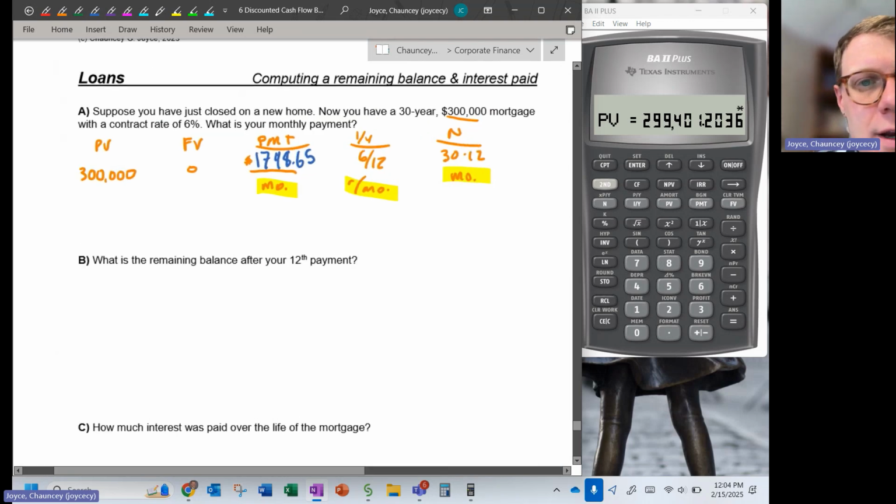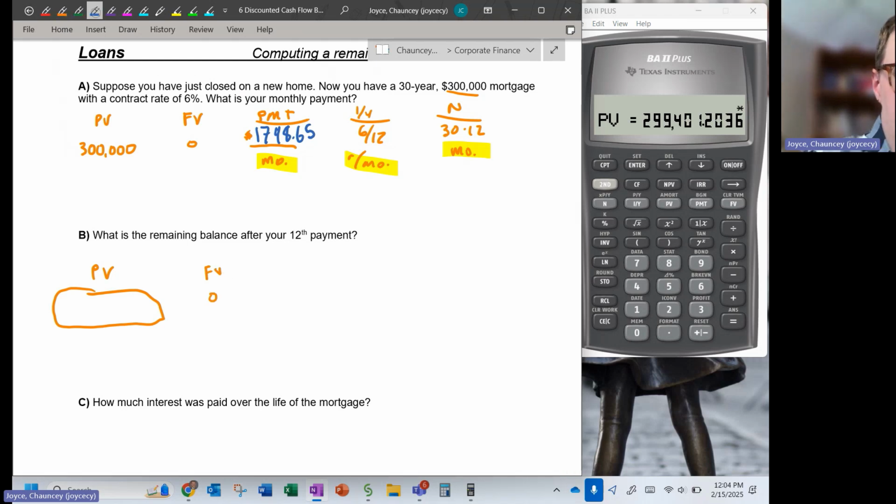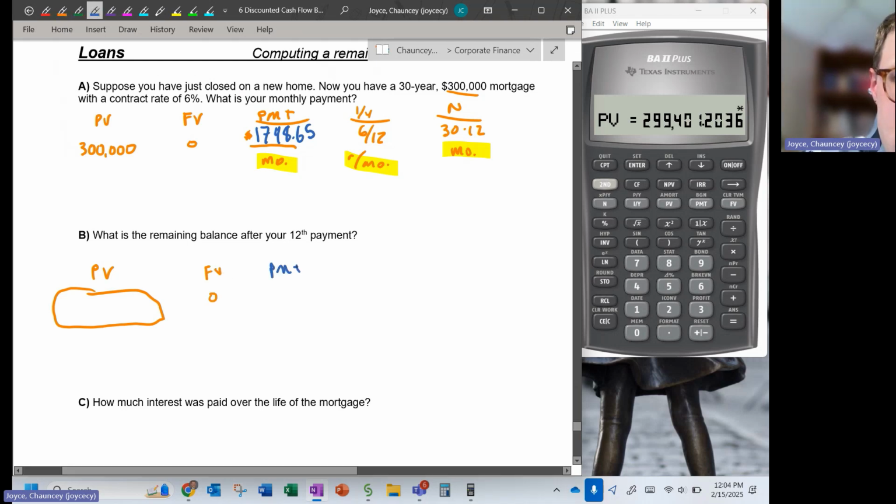Okay, let's take another look at this same loan. What's the remaining loan balance after your 12th payment? Now, I've seen a couple creative ways to solve this one. The one I like to do is compute for a new present value. Future balance is 0. I'm going to leave that payment as $1,798.65 and keep the rate the same at 6 and a half, and then time now is 360